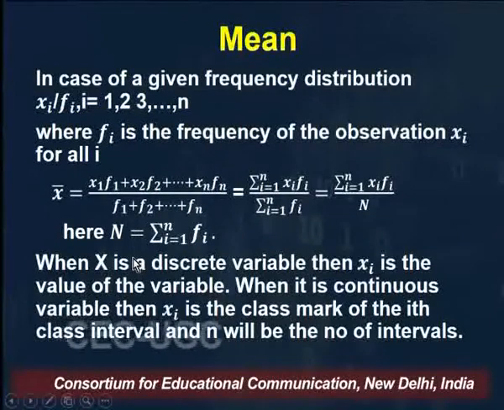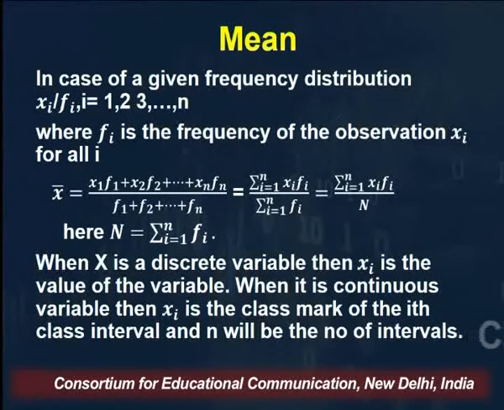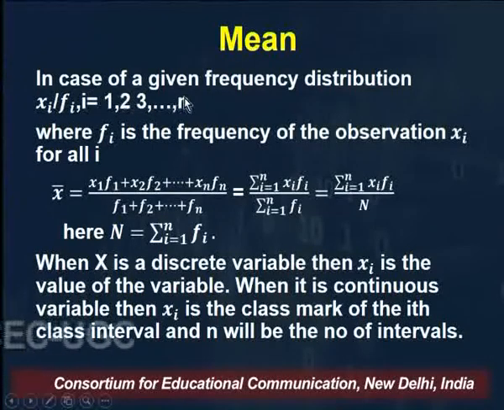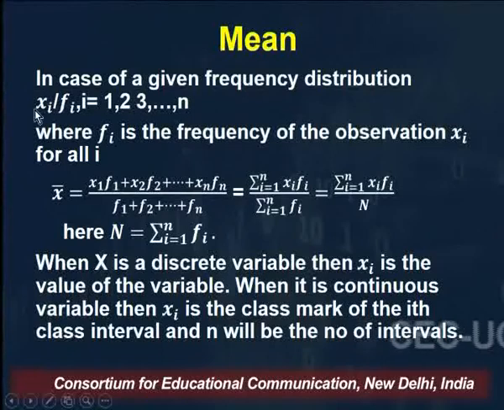When, instead of raw data, we have data which is grouped into a frequency distribution, two things immediately come to our head. First is the value of xi and the value of fi. Whenever I have a discrete frequency distribution, then small xi will denote the value of the variable capital X and small fi will denote the frequency of the ith value of capital X. So, here we will assume that n distinct values of capital X are given, which are x1, x2 up to xn, and their corresponding frequencies are given, which are f1, f2, f3